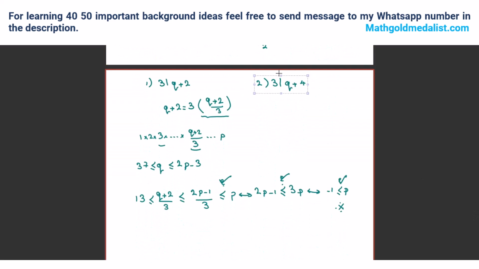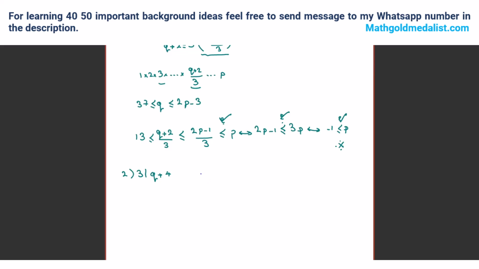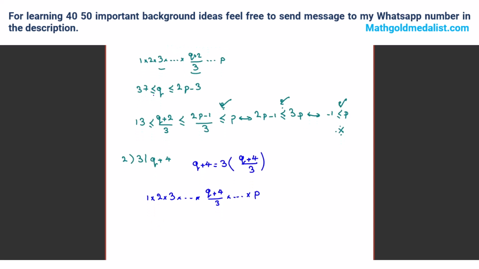Similarly, we can consider the second case here. Again, when q plus 4 is a multiple of 3, we can write it as this, and we can say both of them are different numbers from 1 to p. So 1, 2, 3. I want to prove why we can see q plus 4 over 3 until p. So again, q is at least 37,